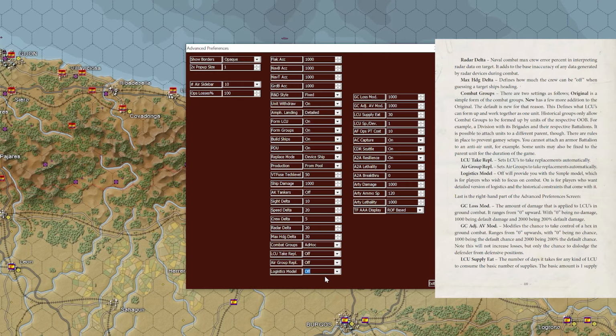But if you're playing this game, guys, you bought it and you're playing it because you want to take advantage of the complexities of real ground combat, and you want to wring out everything you can out of this game engine, I would recommend playing with this on, but that makes things a lot more complicated for you. Okay, this will enable the detailed logistics model, which this engine really excels at. I recommend you do it, but we'll have to make some other videos on exactly how that works, because logistics